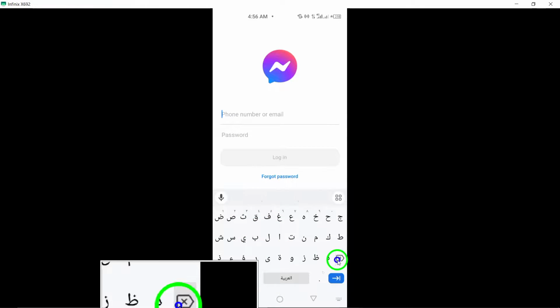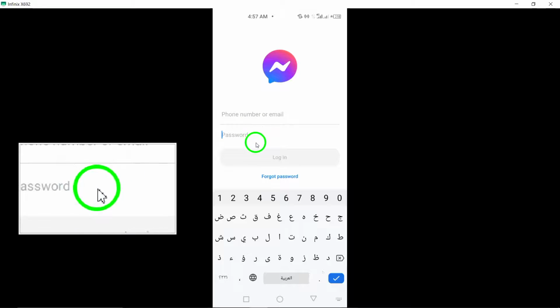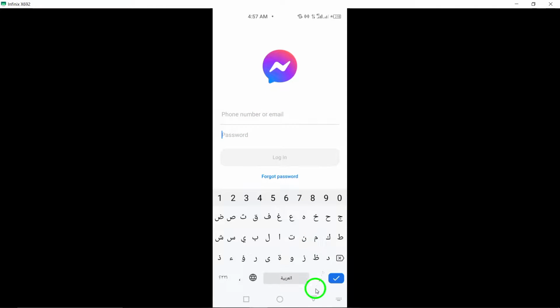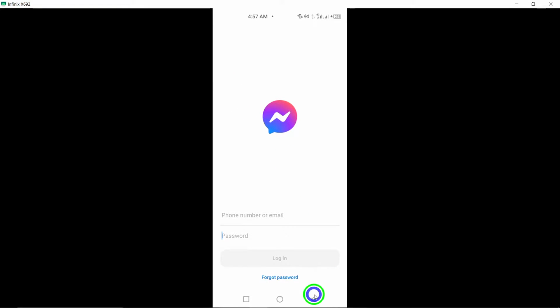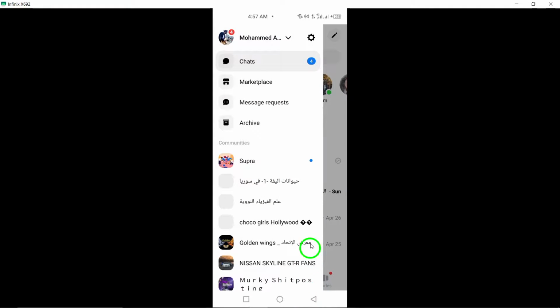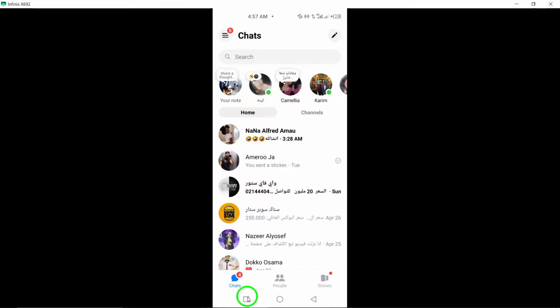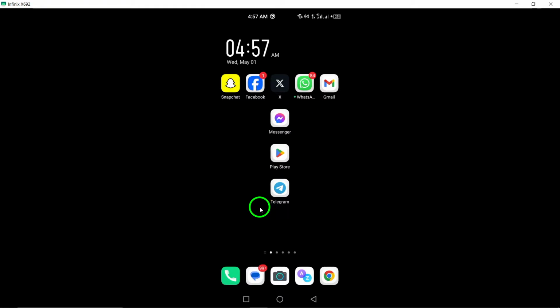By following these steps, you can easily log into Messenger either through the Messenger app on your mobile device or the Messenger web interface on your computer. Whether you prefer using the Messenger app or the web interface, logging into Messenger is quick and convenient, allowing you to stay connected with friends and family through messaging and